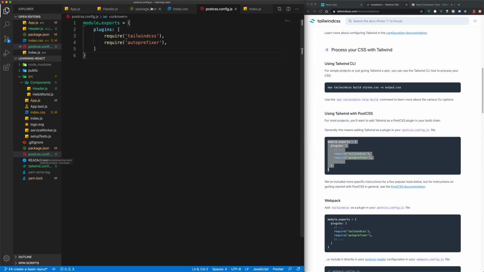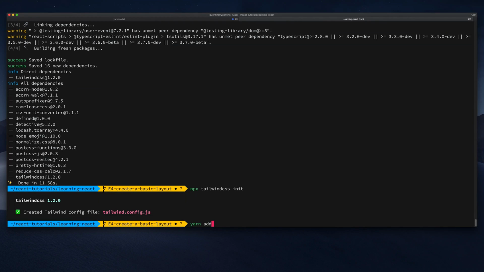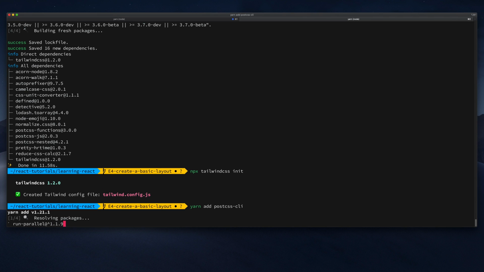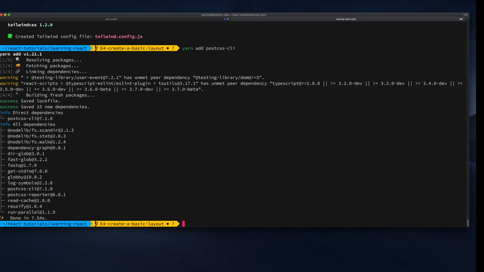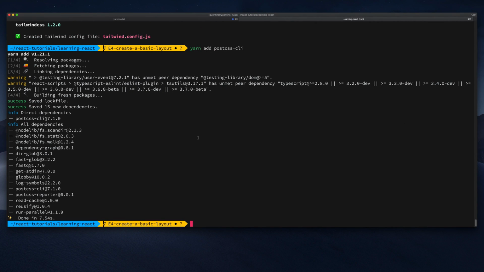But if we take a look at package.json, postcss is not a package in our project at the moment. So what we want to do is also just run yarn add postcss-cli. And that is going to install postcss as one of the packages. So taking a look at package.json now, we should have postcss added to our project. The last thing I'm going to do, just for good measure, is to also install autoprefixer, because that is a requirement by Tailwind. So let's go back over to the command line and yarn add